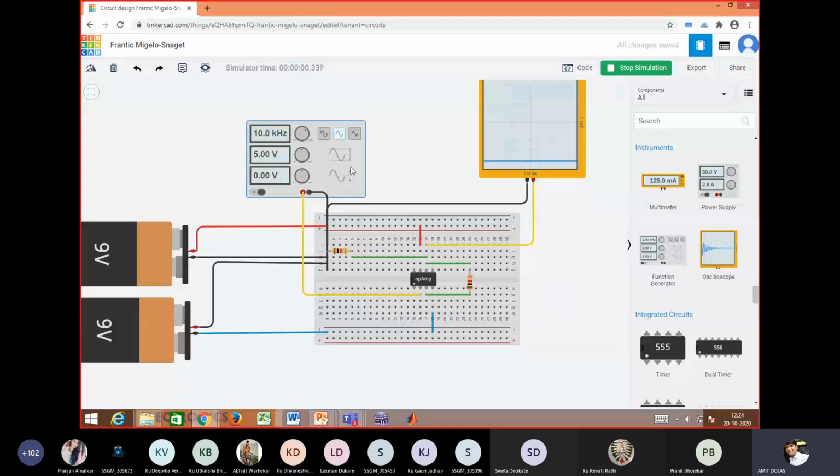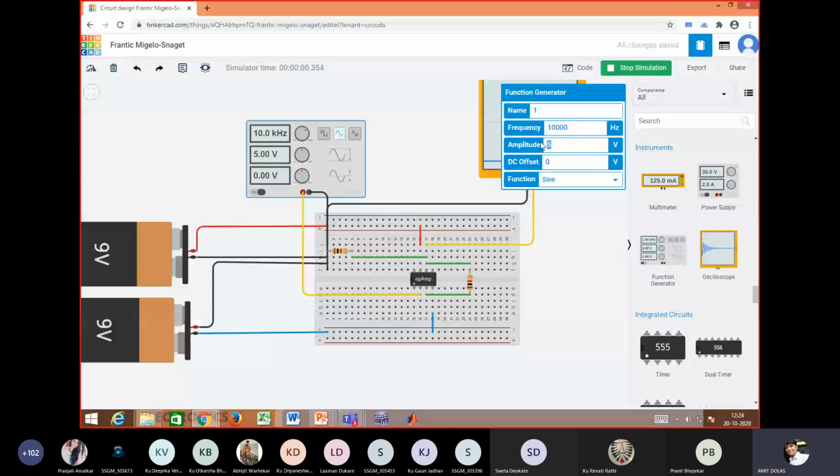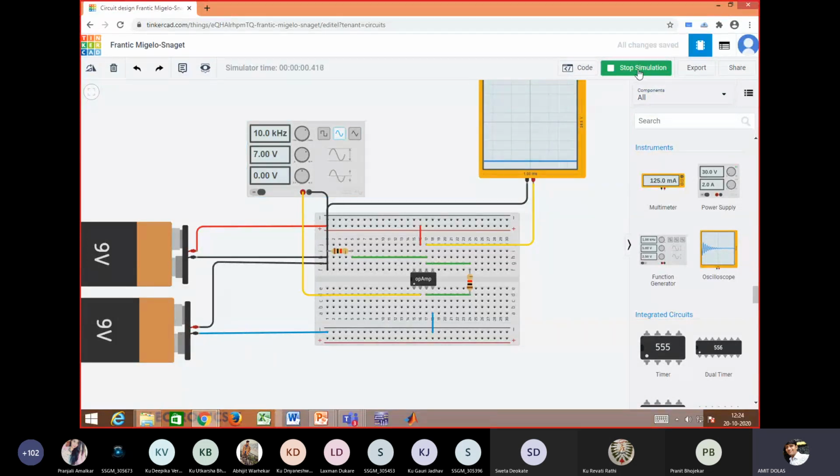We'll do something. What I will do here, I will say 7 volt. Stop simulation, run again. There is a square wave for very short time. Stop simulation and again start it.